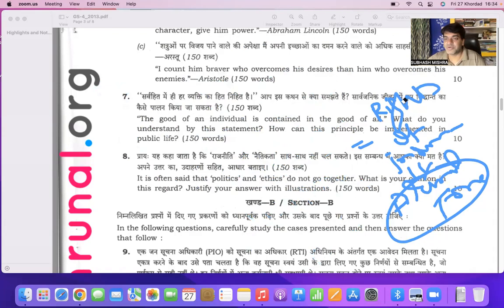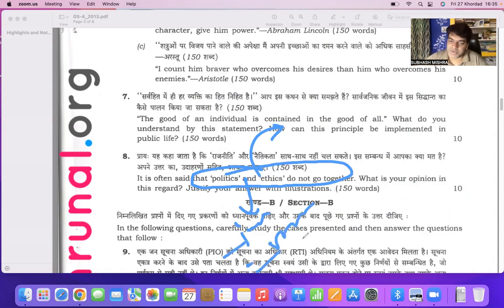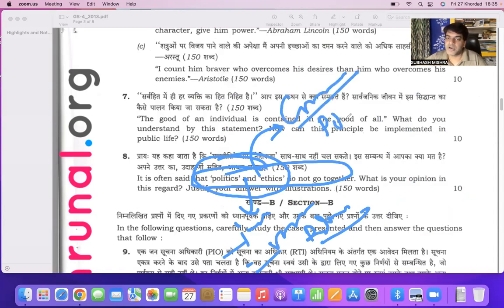Actually, Chanakya is talking about state morality being put to use when your individual morality will not favor the governmental acts. So politics and ethics do not go together should be seen in that sense only. It should not be seen in real life. What you talked about, individual rights, the welfare rights, the basic rights-based initiatives, there politics and ethics must go together. And Gandhiji says that politics without morality,